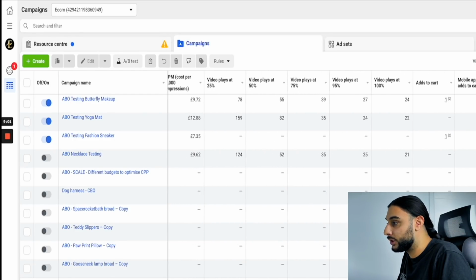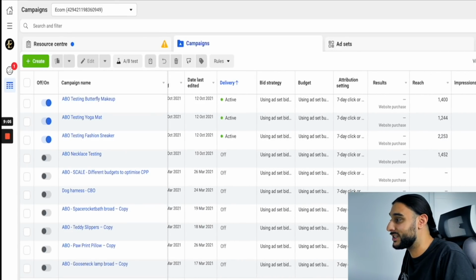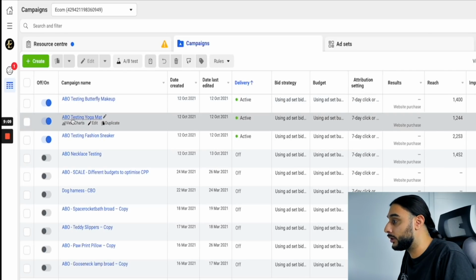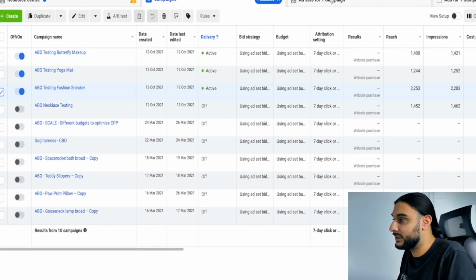Now, as you guys can also see, the yoga mat is very expensive to advertise. It's probably coming in as the second most expensive. So I'm going to keep a very fine eye on this product because I've only had 1 order and it's very expensive to advertise right now. So I feel like if I'm not getting any orders today or tomorrow, I'm going to have to cut this one out because it's just being way too expensive, and the profit margins on this product at the moment aren't that good. So let me just quickly break into each campaign and show you exactly what I've done with the